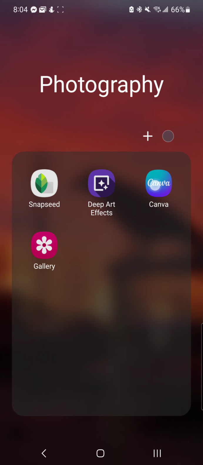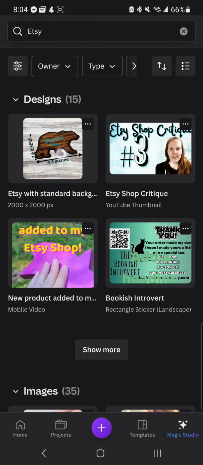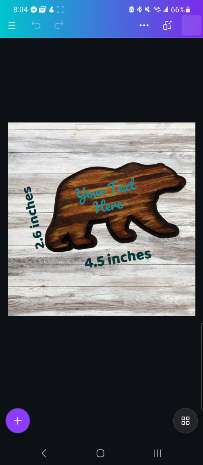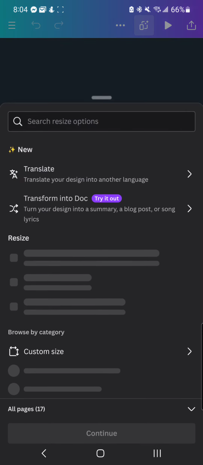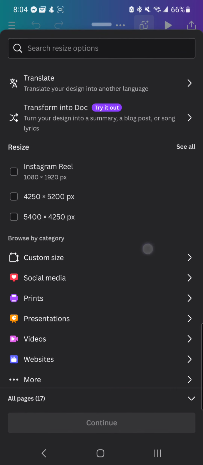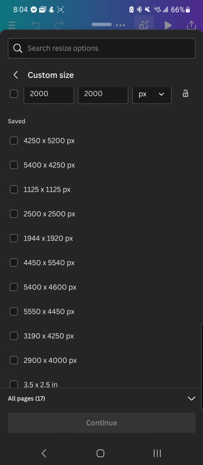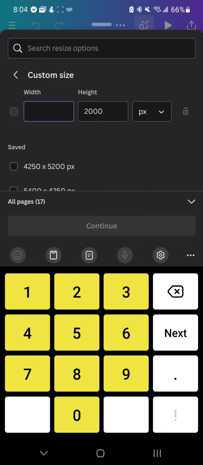5:4. So if we go back to Canva, this is a weird one. I don't know where I'm at exactly. Let's go here. And if I can resize these things, let's see. I thought resizing was there. Maybe it's this little thing right here, yeah. Custom size. And so I'm going to say